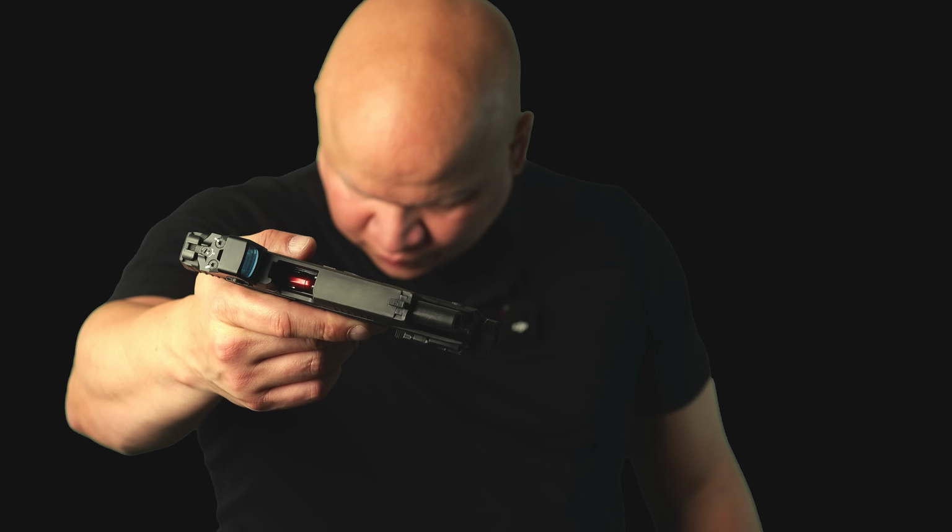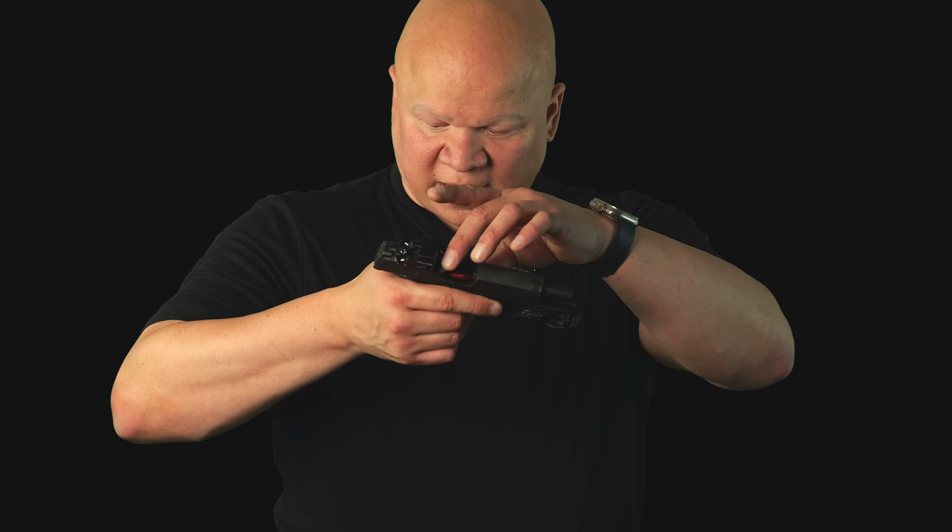All right, now for the final type, you have the double feed or the type 3. So you're going to take one of your dummy rounds, put it in your barrel. You're going to take one of your magazines with a dummy round in it, insert it, and you're going to gently release that slide onto it. And now what you have is one round in the chamber and one round behind it, and they're